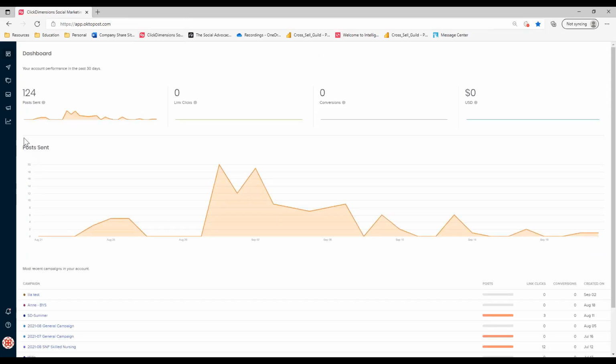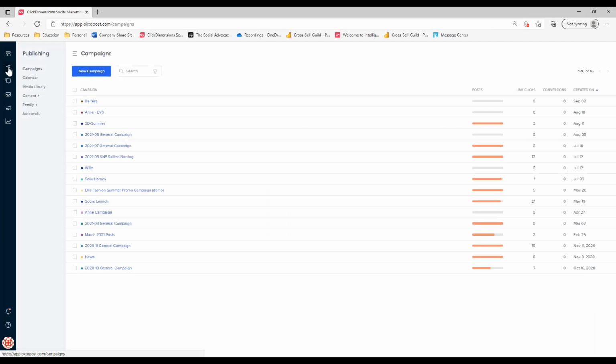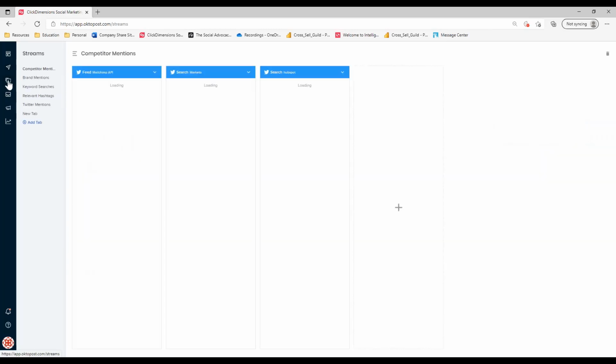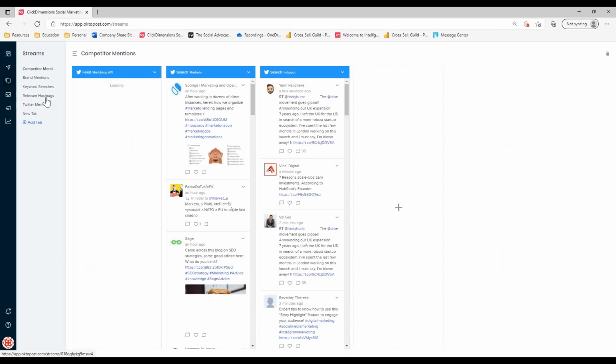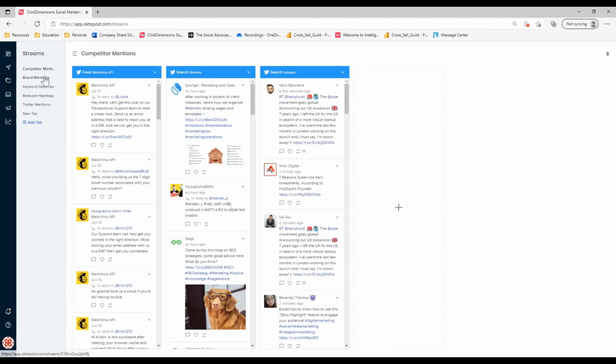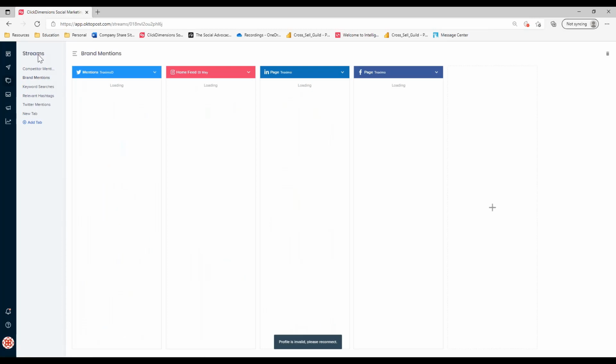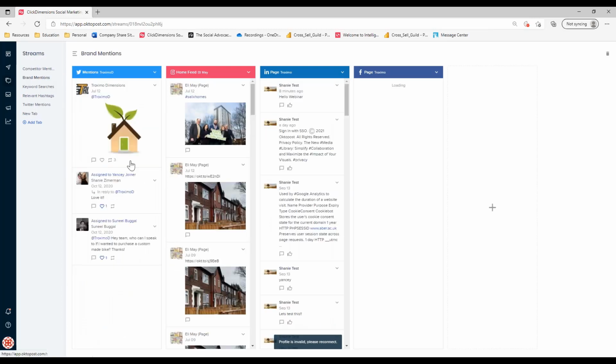And I like to point out that we spent some time in publishing talking about how we increase the velocity of the posts that we have. Where that leads us typically is a better understanding from a social listening perspective. So our streams capability is going to allow you to listen in and see the responses by the target audiences